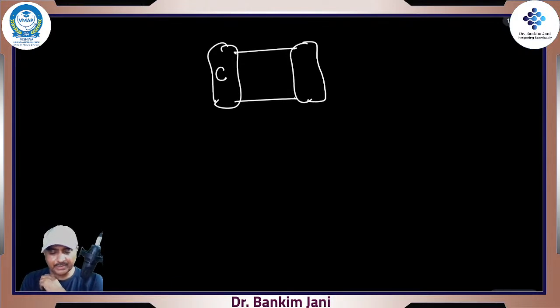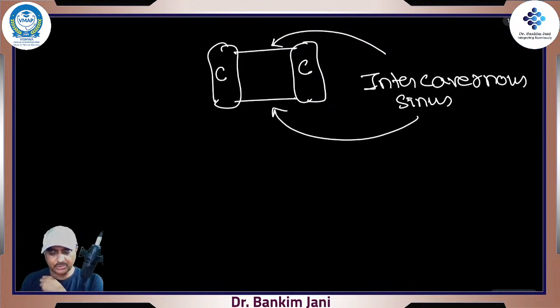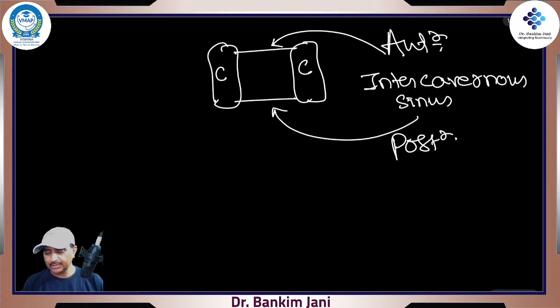So this is cavernous, this is cavernous. This one, which is in between the two cavernous, we'll call the intercavernous sinus, right? No big rocket science in this. This is also an intercavernous sinus, but one is anterior, one is posterior. So this one is the anterior intercavernous sinus and this one is the posterior intercavernous sinus. Again, they are one only because they are centrally located. So done. Our list of